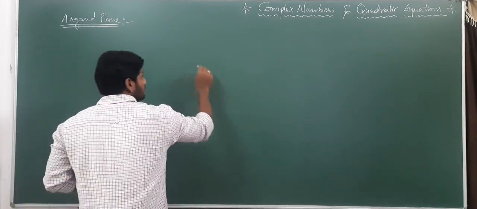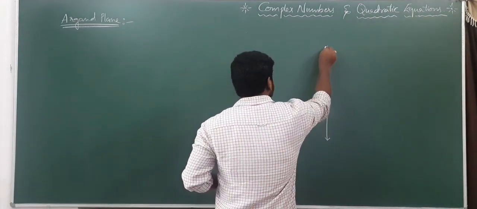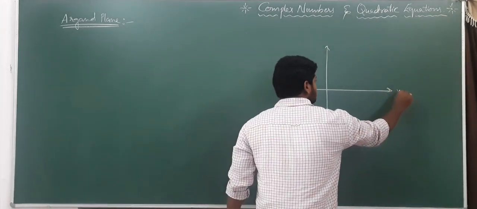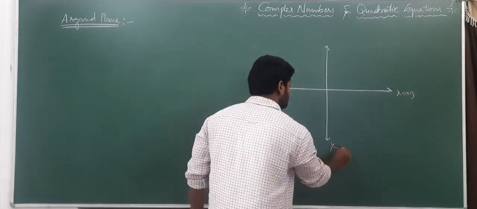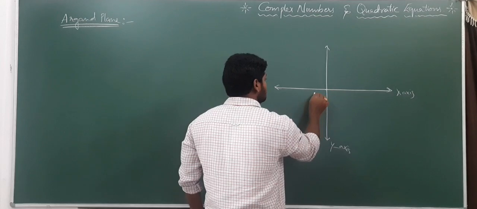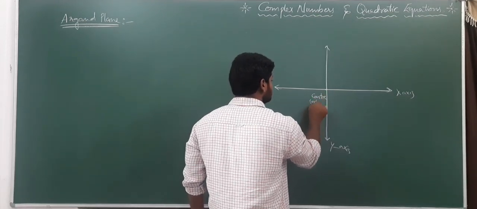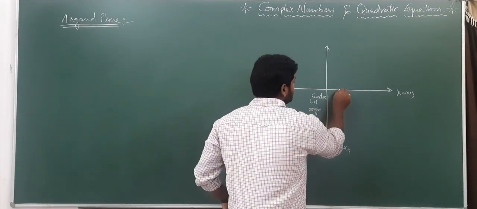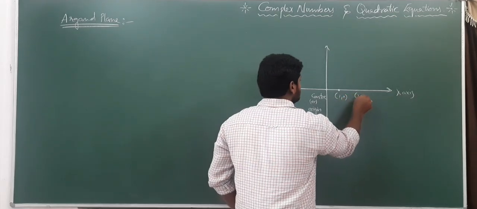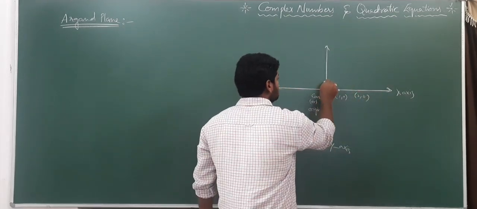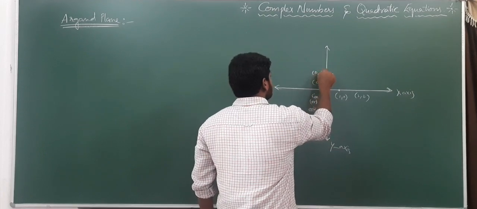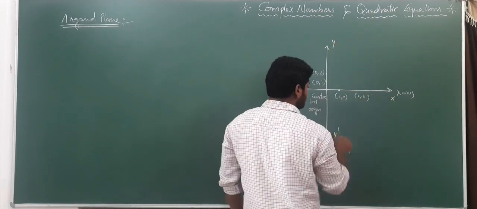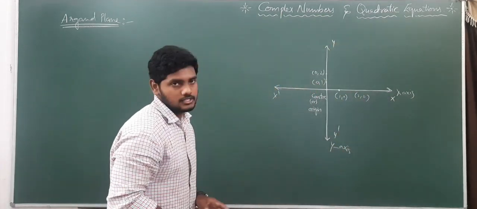See, this is the two-dimensional plane. These two lines are mutually perpendicular lines. This axis we will consider as the x-axis, this as the y-axis. This one we will consider as the center or origin. The points on the x-axis we will consider as 1, 0, 2, 0 like that. The points on the y-axis we will consider as 0, 1 and 0, 2 like that. Here are the negative x-axis, x dash, positive x-axis, positive y-axis, negative y-axis. Right? So this is about the two-dimensional plane.